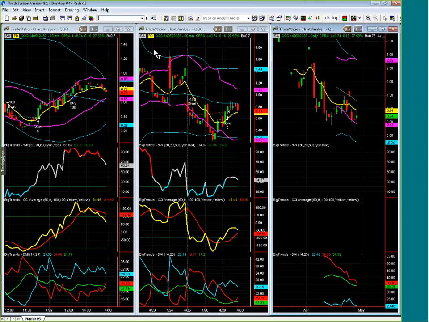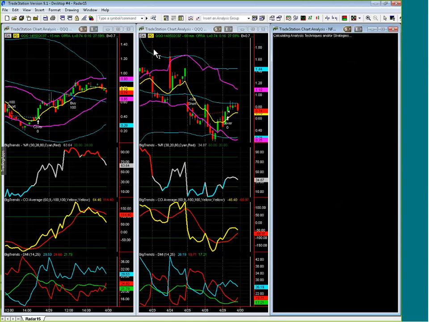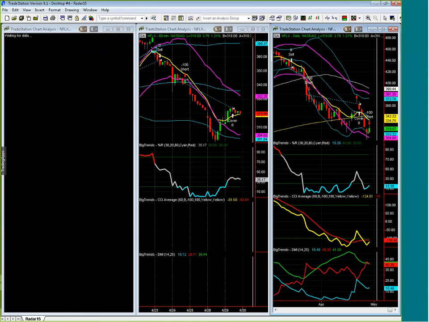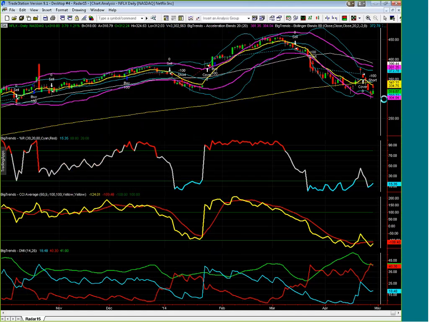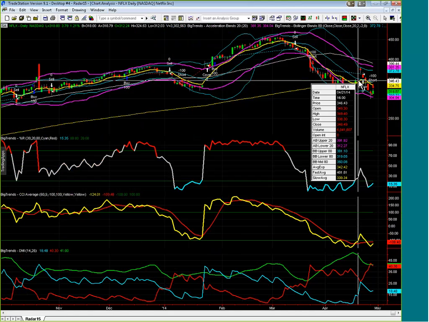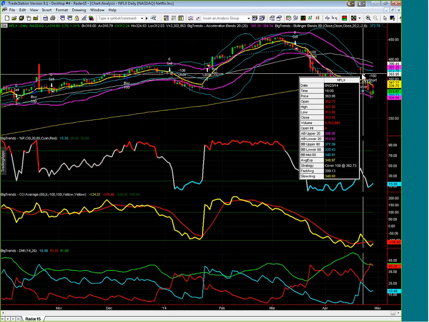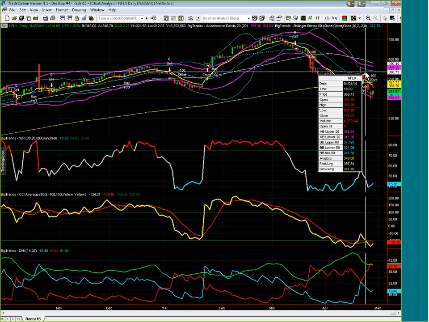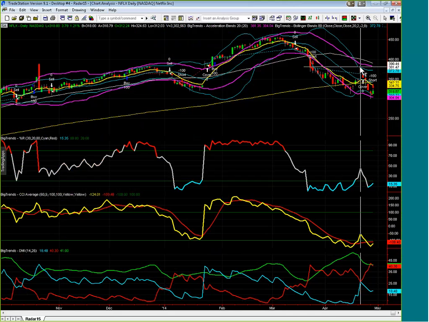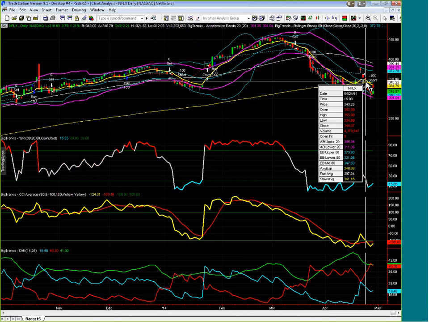For example, Netflix. Netflix is one everybody likes to talk about because it seems like, wow, the stock's making such huge moves here that anybody should be able to make money on Netflix, right? But look, when it gapped up a week and a half ago on its earnings, the stock had been just under 350, 348.5 on April 21st, right before its expiration a couple days later on the 24th. It gapped up, then it reversed back down, and right at the expiration finished about 5 points less than where